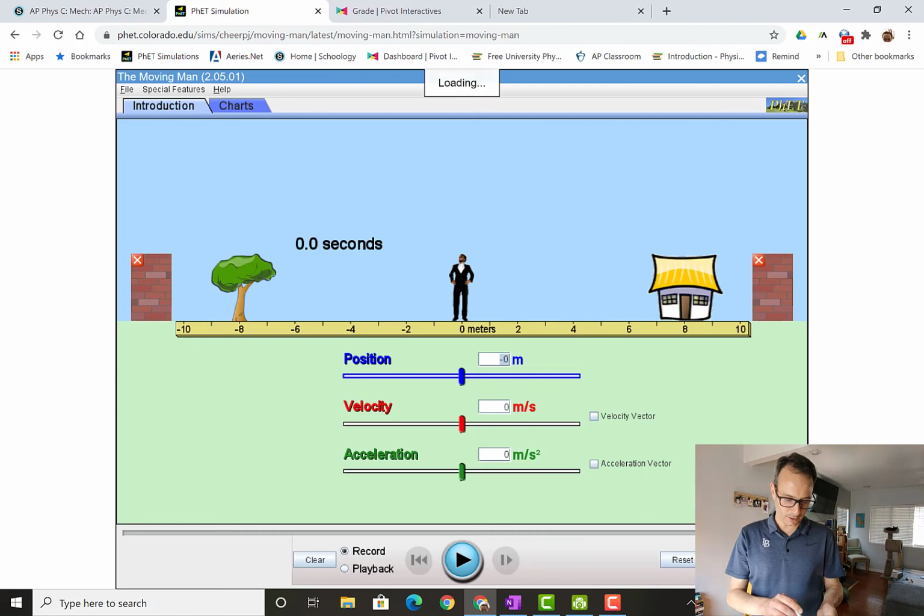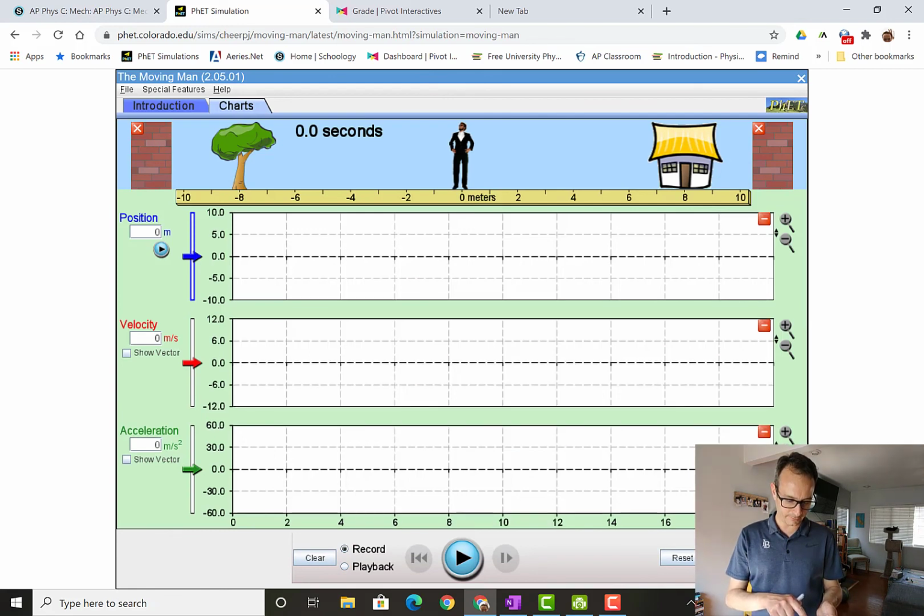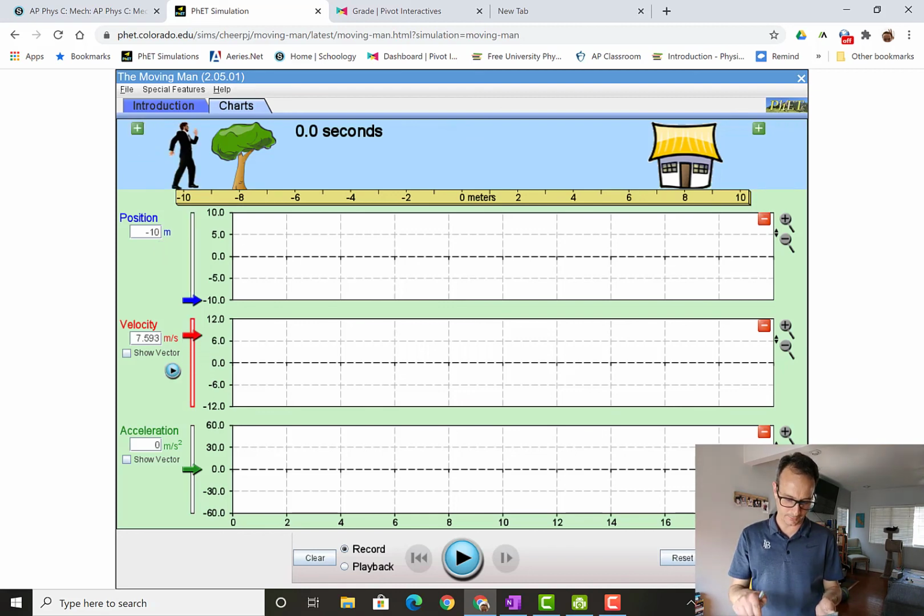I would go already, I'm looking at the tabs. Instead of introduction, go to charts. And you can do things like change the position. So I'm moving the position. Let's see, I'll have the velocity of the man like this. I'm going to get rid of the walls. And I'll have the acceleration be like this. Sure. There we go. Oh, and then you also want to show the vector. Show the vector, yeah. And so you can see,